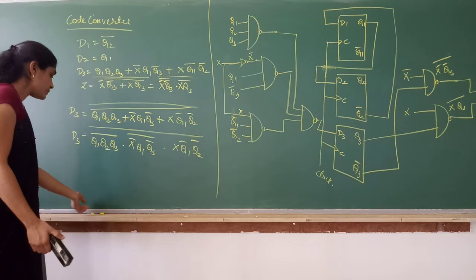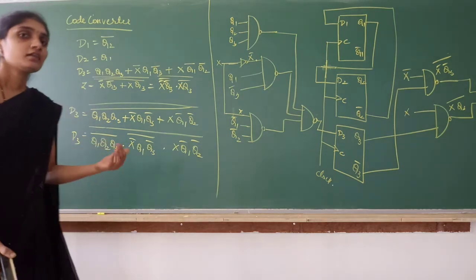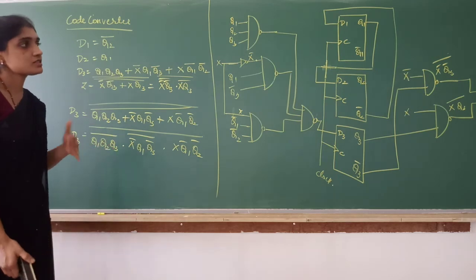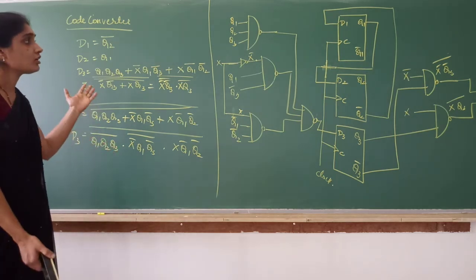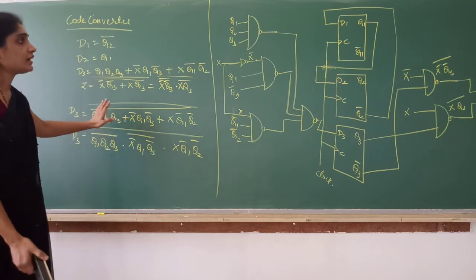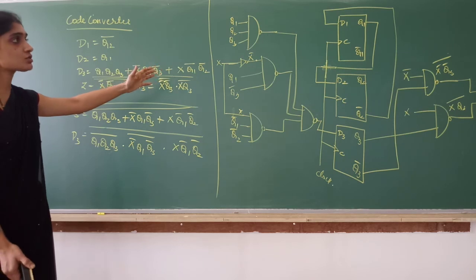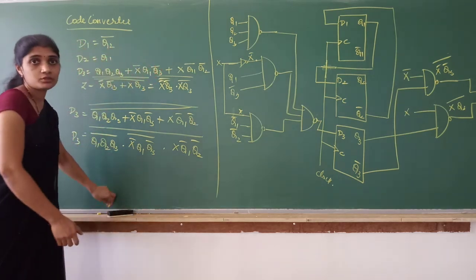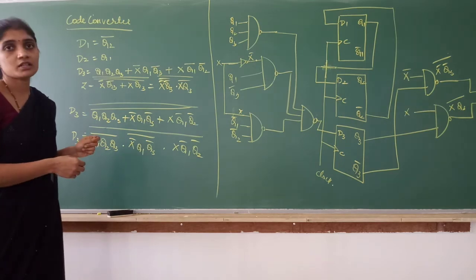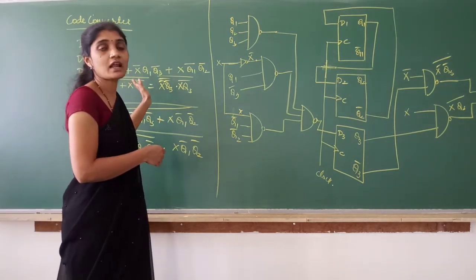So your basics should be strong. You have to be very strong in the first two modules. When it comes to combinational or sequential circuits, K-map is very important. You need to know K-map very well, only then are all these designs possible. And De Morgan's theorem, in most cases we apply it. You should know how to apply De Morgan's theorem to simplify the equations or to realize them using NAND and NOR gates.